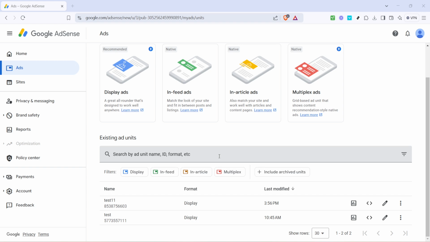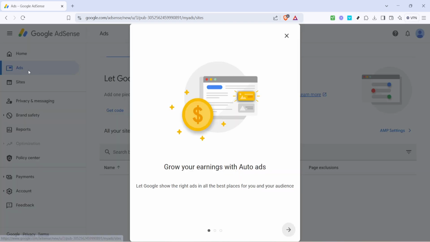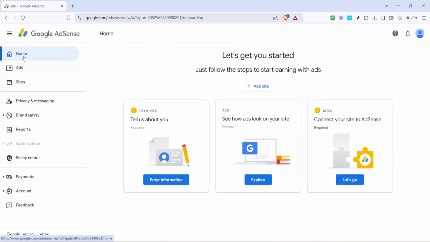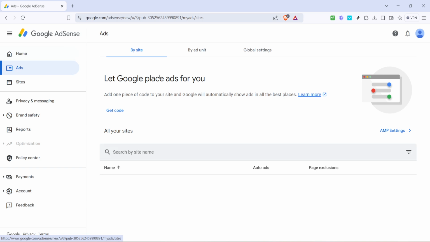This is your dashboard, the central hub where you can access all aspects of ad management. Make sure you're logged in with your Google account to have access to all the features you'll need. Once you've settled on the dashboard, your next step is to click on the Ads section. This is where all the magic happens. Within this tab, you can track performance, manage existing ads, and of course create new ones. Keep an eye on the various metrics available here, as they'll be invaluable in understanding how your ads are performing.